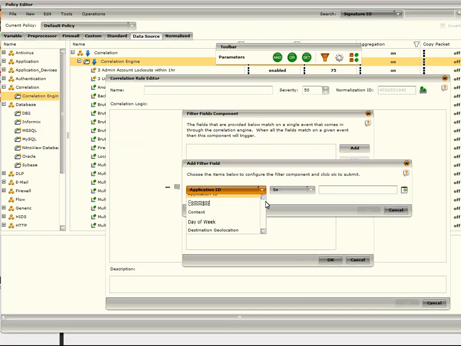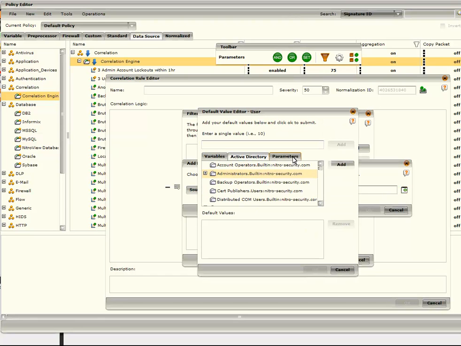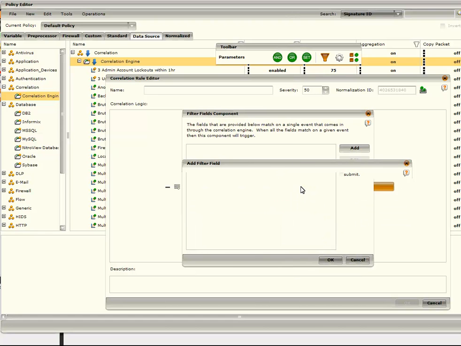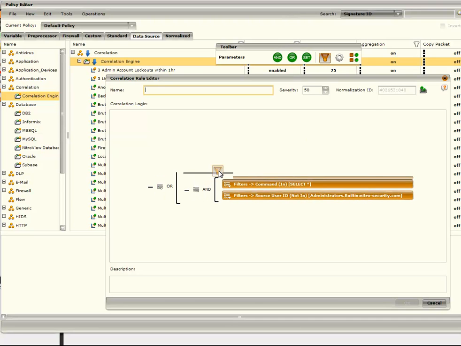users belonging to a group that is not in my list of admins. Maybe it's the admins that are allowed, and anybody other than admin should not be doing this. So I'm now saying that if it's not an admin, and they're performing a select all, and these are happening in a certain order or context, I can also say, or, put this whole thing in a big or